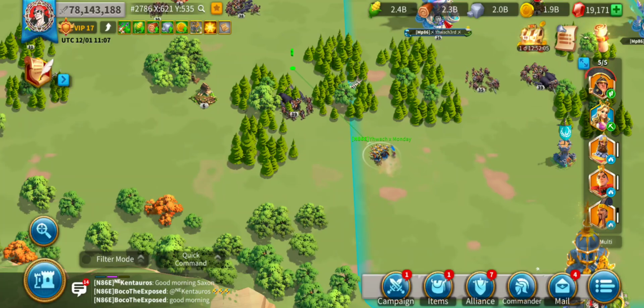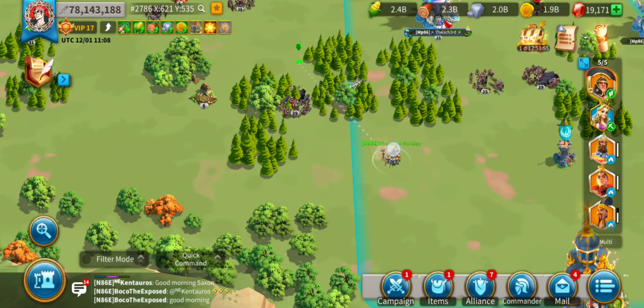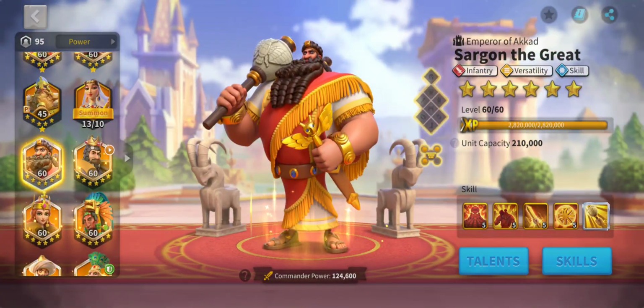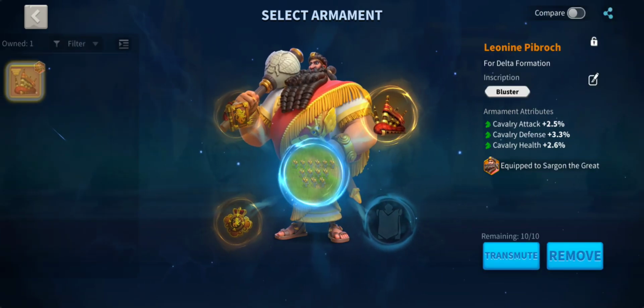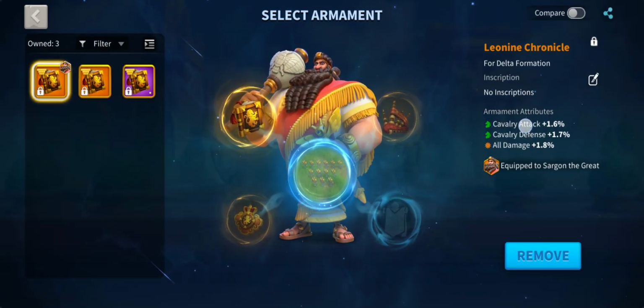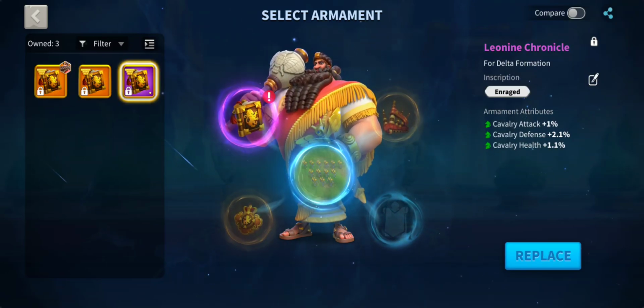I don't think that something crazy will come for infantry. But I have high feelings that Cavs will get a lot. Cavs will get the combo attack, and it will be crazy for them. I'm also preparing slowly for this new combo, and I think this is pretty good. I can just put like an inscription